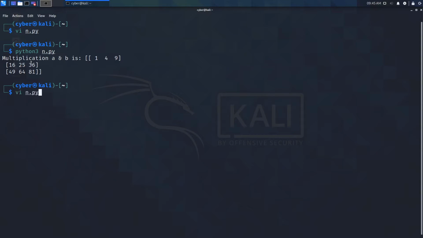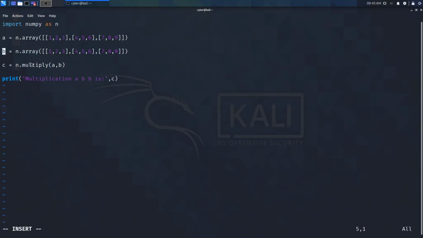Let me show this. I am going to clear all this, and I will just keep this 1, 2, 3. In order to perform a matrix multiplication, you need the rows of the first matrix to be the same as the columns of the second matrix, but here it is not. The array will be broadcasted: these three elements 1, 2, 3 are replicated in order to convert the array B into array A. Let me show you how that will happen right now.